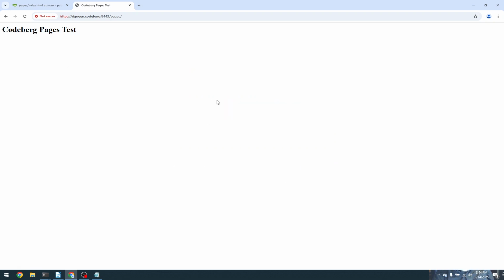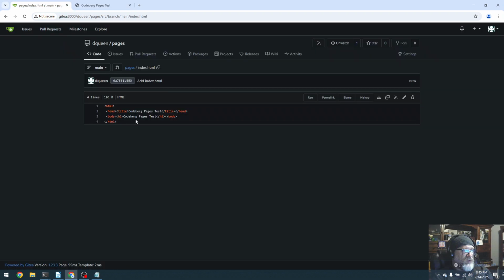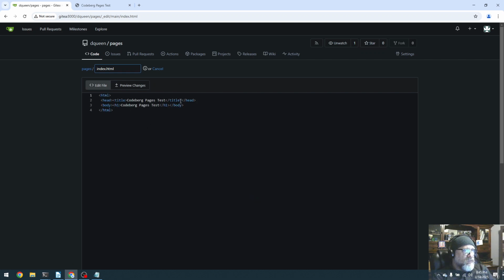It's static. It's a static site. So if I were to add more stuff, images, CSS, the whole, all the works, I can essentially publish a static site merely by making commit changes here. So, I mean, I can do